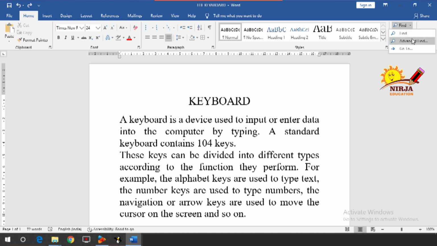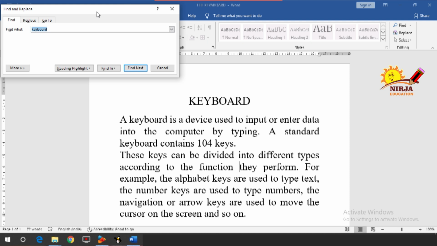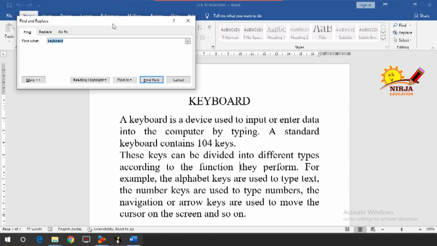So it was about your Find option. Now Find, Advanced Find, right? So click on that. As you can see, the Find and Replace dialog box over here. Find what? So I have given here Find keyboard and then Reading Highlight, so Highlight All. As you can see over here, they have highlighted all the keyboard words. And Find In main document, yes, they have given Find Next.